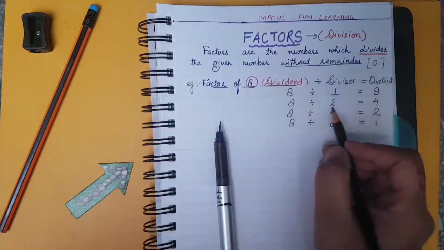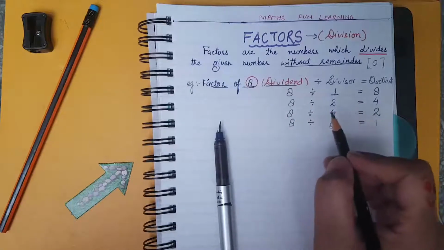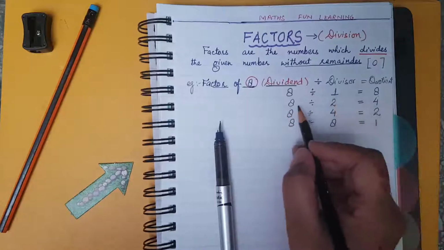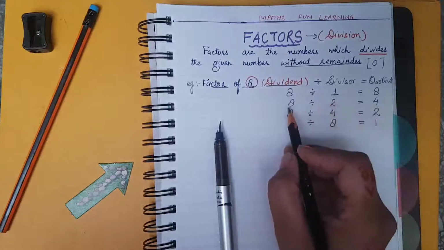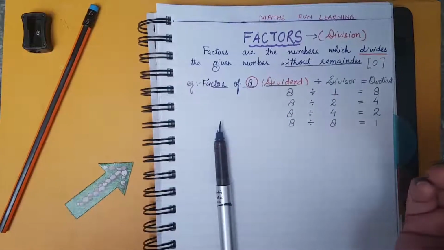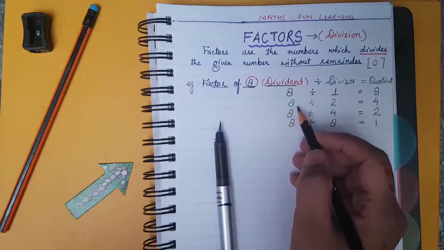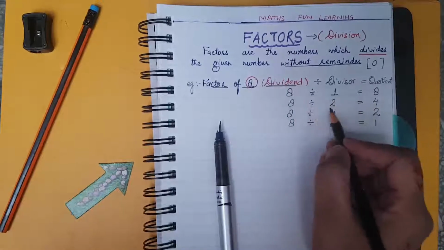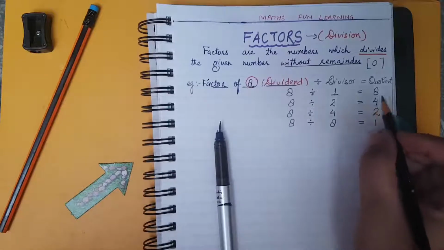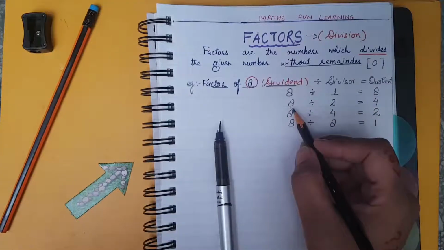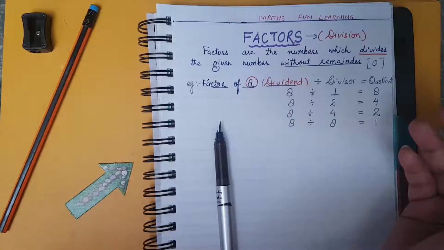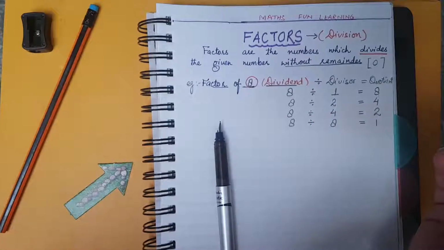So you have to understand the divisibility of 2: all the even numbers can be divided by 2. That means, is 8 an odd or even number? Very good, 8 is an even number. So you can divide 8 by 2 and you will get quotient 4. Again, check with 3. No, you cannot divide. You cannot find 8 in the table of 3.